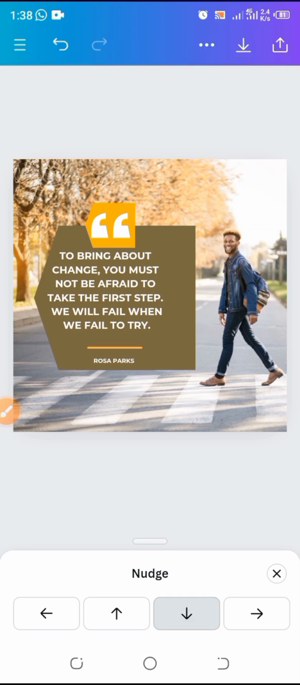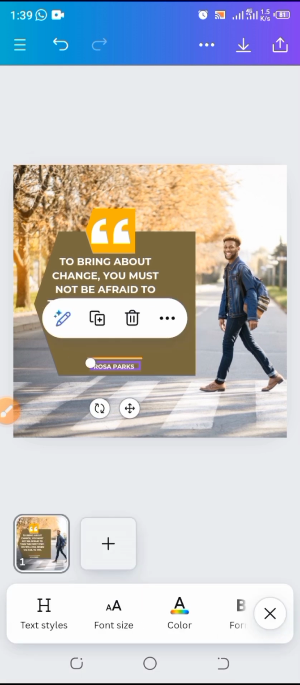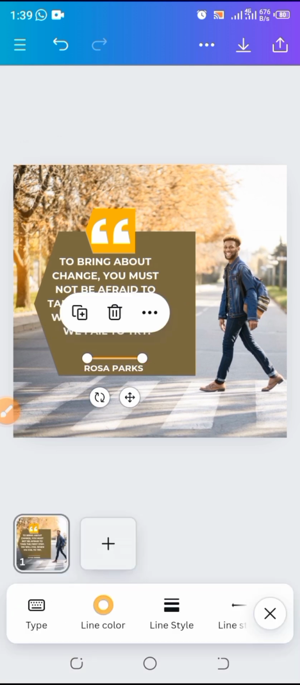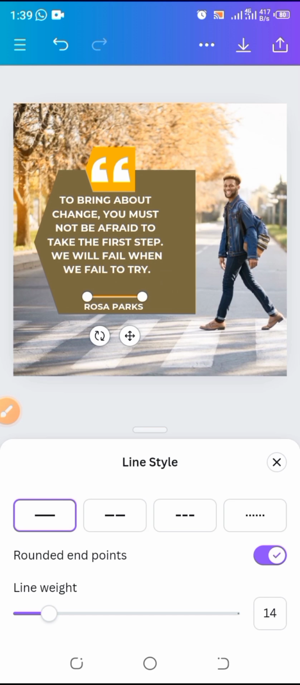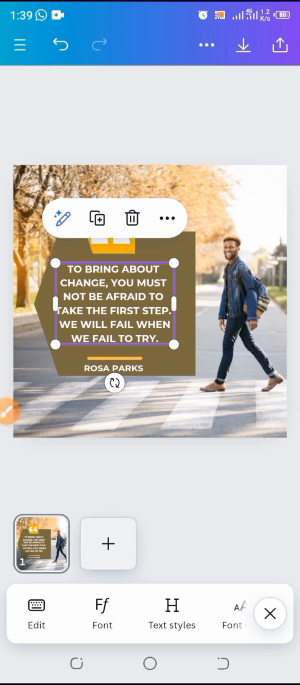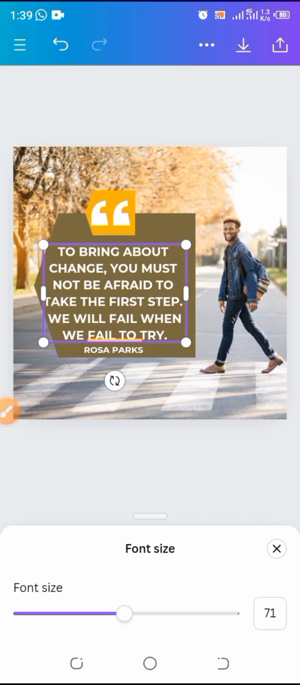So let's notch this one down. This side should go up. Okay, let's increase it. It's at around 51 or 50. Then this line style, we have to increase the weight. And then this text now, place it at the center and make it